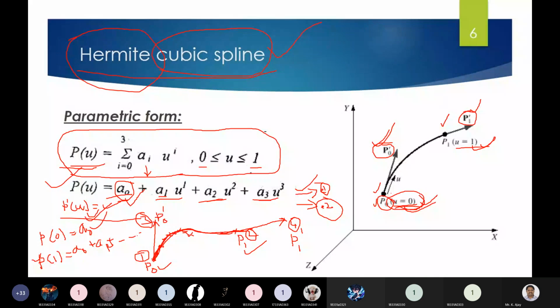And the Hermite cubic spline, this particular Hermite cubic spline, the inputs for this are two endpoints, P naught and P1, and P naught dash and P1 dash. Totally four inputs are given in the case of a Hermite cubic spline. P naught and P1 are the two endpoints, whereas P naught dash and P1 dash denote the tangent vectors at the corresponding endpoints. So if those four inputs are given, how to solve this, the parametric equation, and then how to attain this